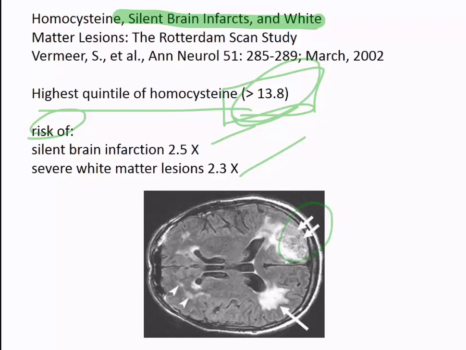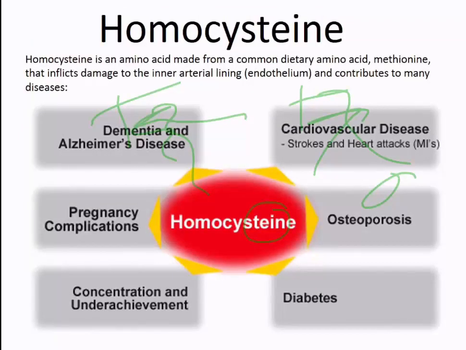Now you can look at this person's brain right there. That's the white matter lesion. That's actually the brain dying. Right? So I just want to state that again. That's literally the brain dying because homocysteine affects the brain and causes, in that first picture I showed you, let me just zoom back to that. In this first picture right here,